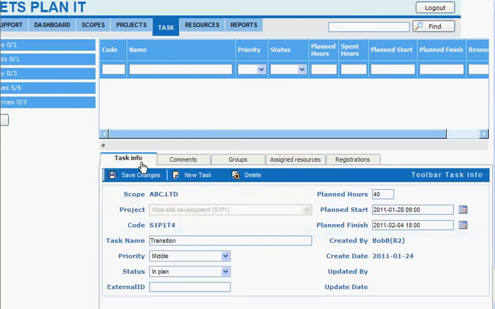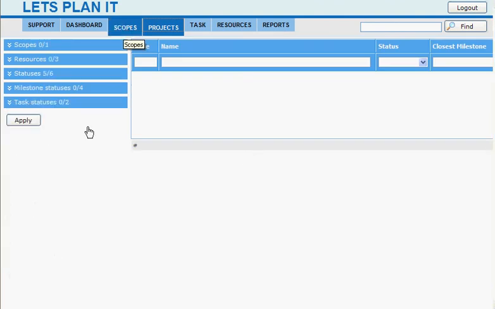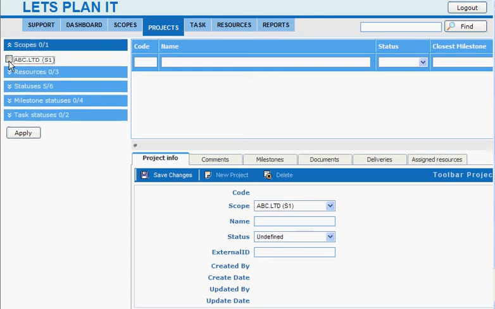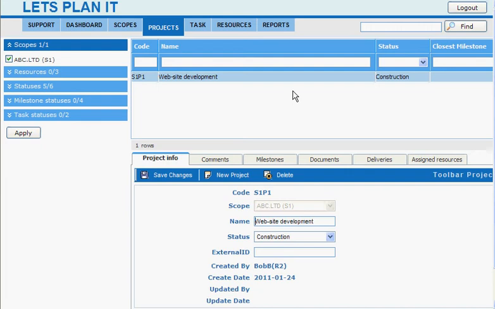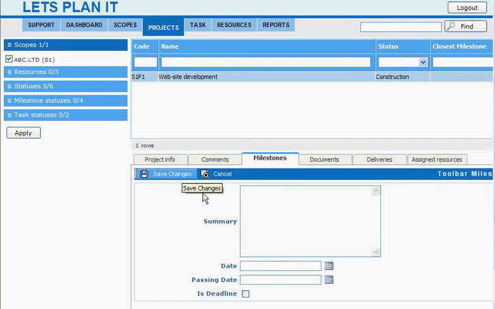Okay, so now we have a breakdown of our tasks, and it becomes more or less clear when we can have milestones. So let's specify milestones for the project. To do this, we should find it first, and we can look for all projects for ABC Ltd. Okay, we have website development. Milestones. The first milestone,